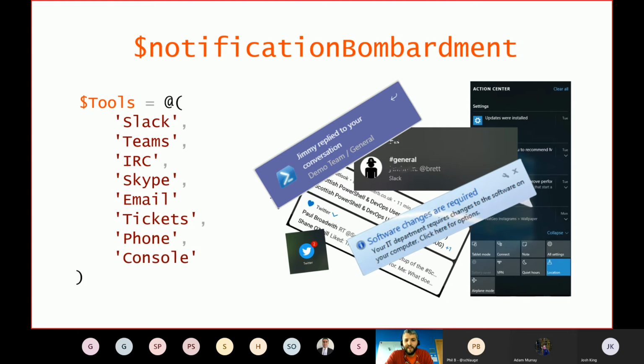I'm not sure who would really want them. But it's just all day, every day from any angle. You've got IRC for those who are older than 40, emails, tickets from ServiceNow or whatever ticketing system you may use, actual desk phones if people are still using those, and it takes its toll.